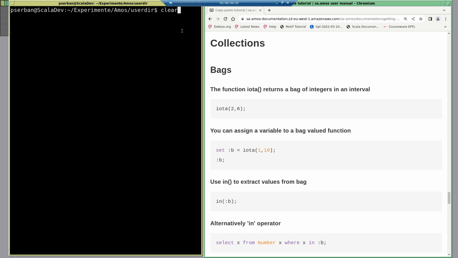So I will start the AMOS system, and in here we have a number generator, iota 2, 6, 6, and it generates numbers from 2 to 6, incrementing by 1. This bag can be assigned to a variable,